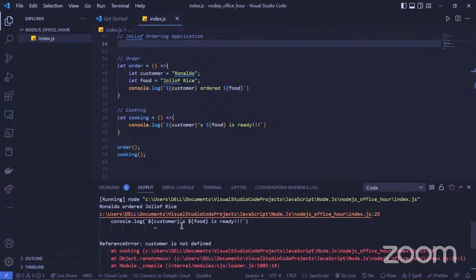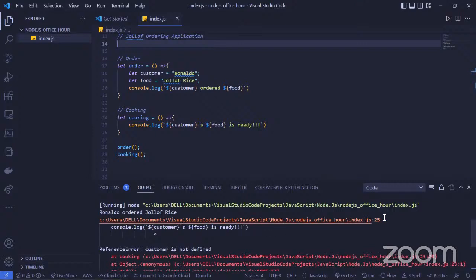The error is for line 25. It tells us in this file, index.js line 25, and line 25 is saying customer food. The code seems fine. Why it's not running is because customer and food are in another scope, in this other function, and that's why the cooking function cannot see it.